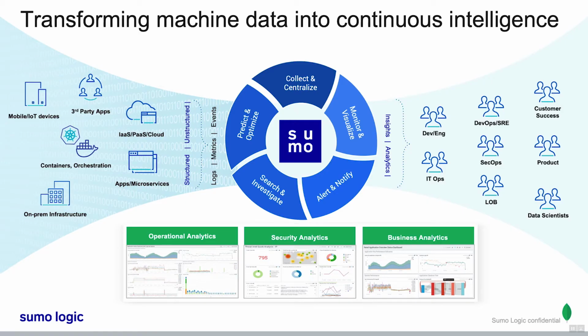Sumo Logic can ingest logs, metrics, and events from the full application stack, IT infrastructure, and security devices. What this means is you can then centralize this data, monitor it, alert on it, as well as use it to troubleshoot issues. Sumo Logic targets 3 major use cases: operational analytics, security analytics, and business analytics. In the operational analytics space, we help our customers monitor and troubleshoot their apps and infrastructure. We are also known to reduce mean time to investigation and mean time to recovery by over 90% for many